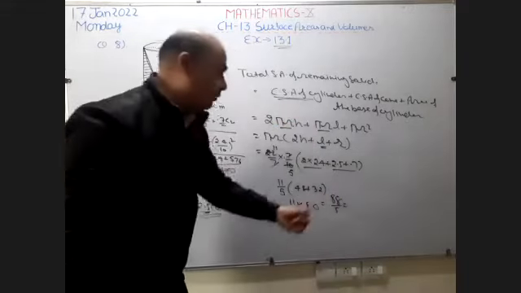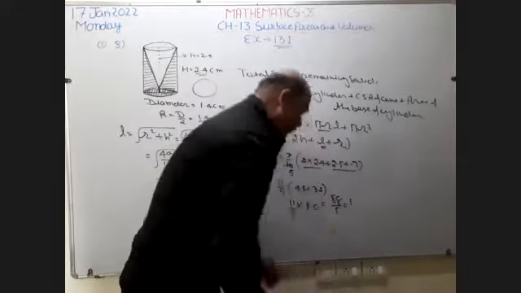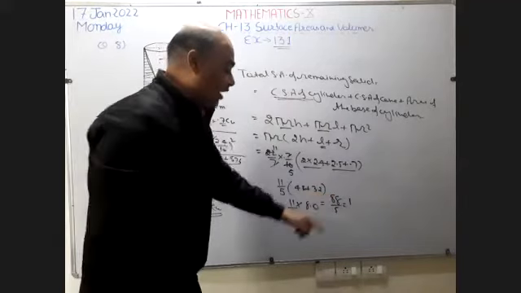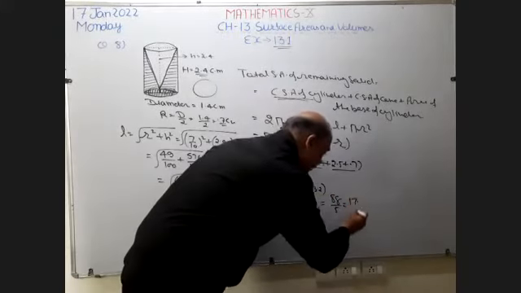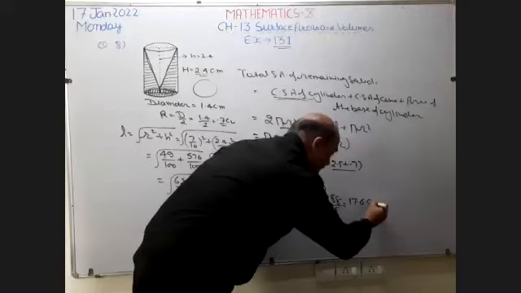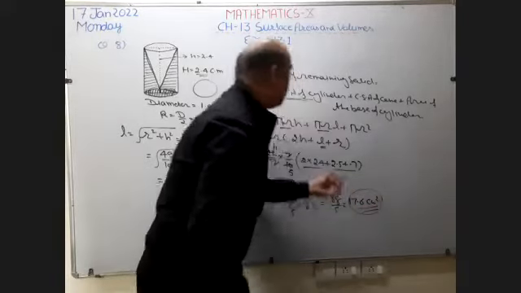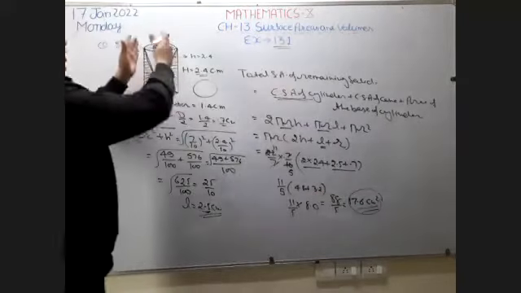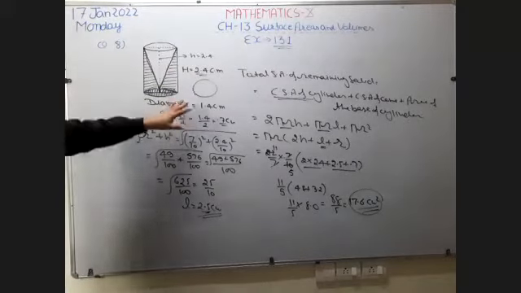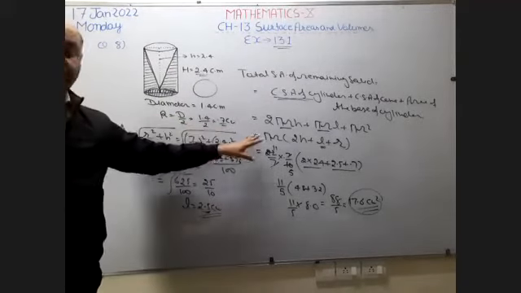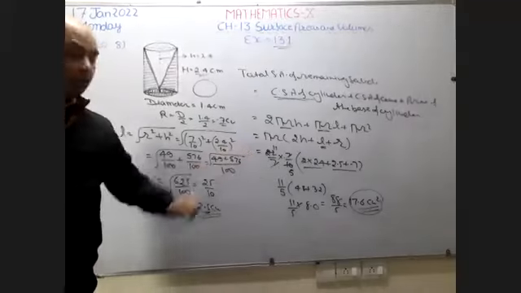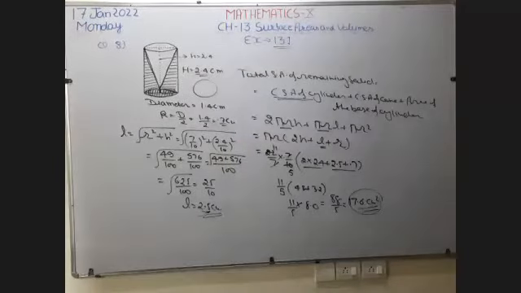Now divide 88 by 5. 5 ones are 5. 3 left. 38 is there. So 5 sevens are 35. 5 6s are 30. Centimeter square. So this is the total surface area of the remaining solid. Okay. I hope it is clear. If you have any doubts, send message. I want to repeat for you. Send message fast.